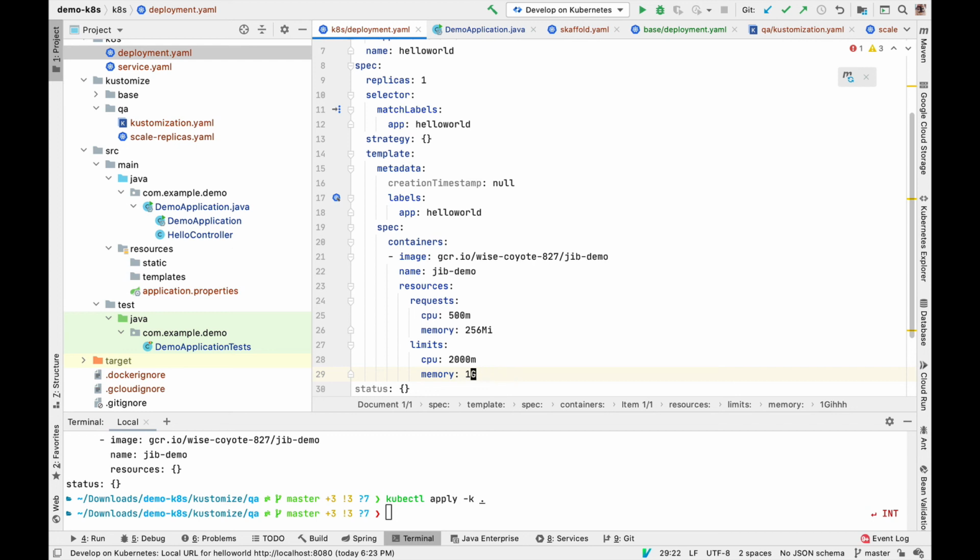Or you can make this a little bit smaller and make it 512 megabytes instead. Okay. Now, the one thing to keep in mind is that CPU is a compressible resource. What that means is that if you exceeded the CPU limit, then we will just throttle you. We will slow your application down so that you don't consume that much CPU cycles. Memory, however, is not compressible. What that means then is that if you exceeded the memory limit, then Kubernetes will go ahead and remove your application. And this is where you see the OOM killed error message.